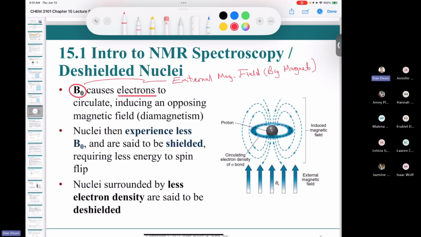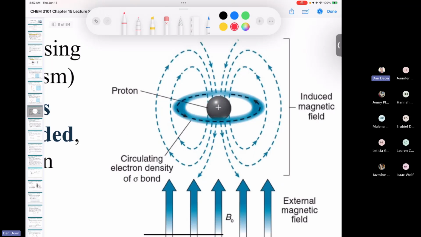So it turns out that that externally applied magnetic field has another effect. It causes the electrons that are around the nucleus to circulate too. So now we have two things that are circulating. Not only is the nucleus circulating, which created the magnetic moment, which causes it to align with the magnetic field, but now the externally applied magnetic field causes the electrons